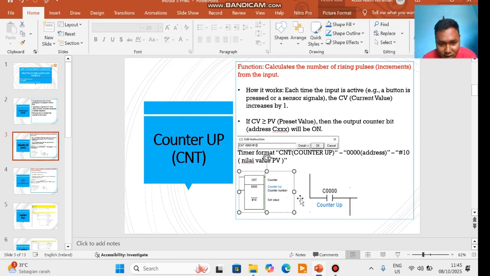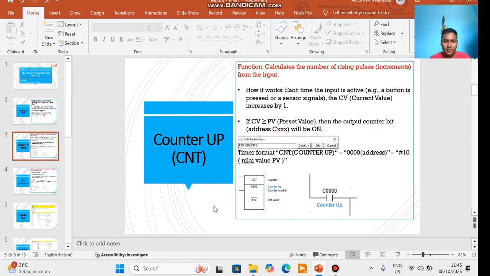And in this picture we watch the CNT counter up, and you can see the edit instruction is correct and complete in the GX programmer.